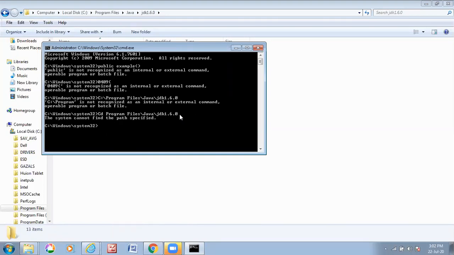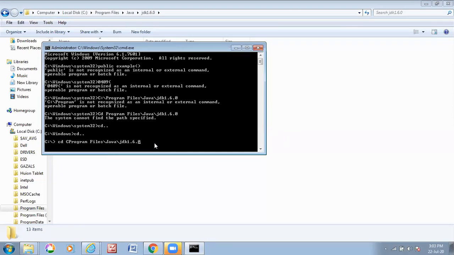First of all, we need to go to C drive. We are still in Windows. Now I will CD, change directory to where? Here. Go to this folder.